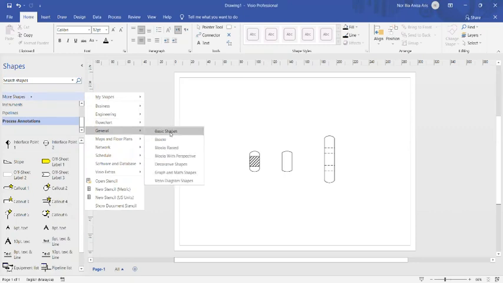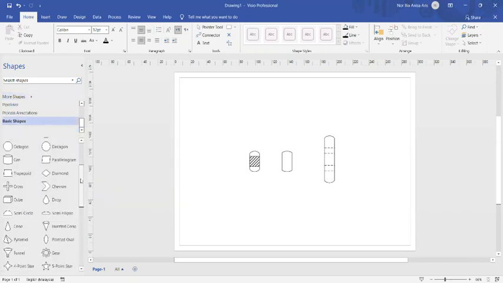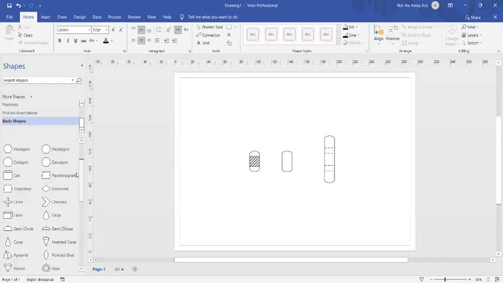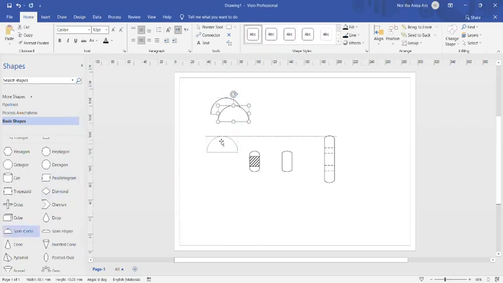We have basic shapes. You can see here, because I would like to draw the inlet symbol, you may choose a semicircle here. So I have two semicircles, so just rotate it and then make it a bit smaller, and then